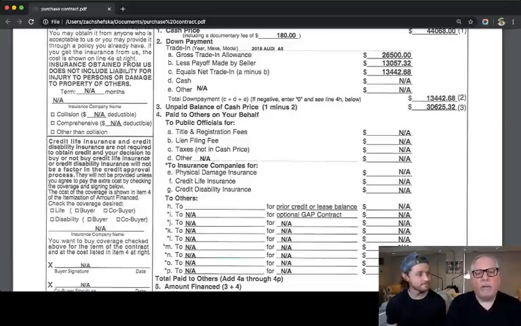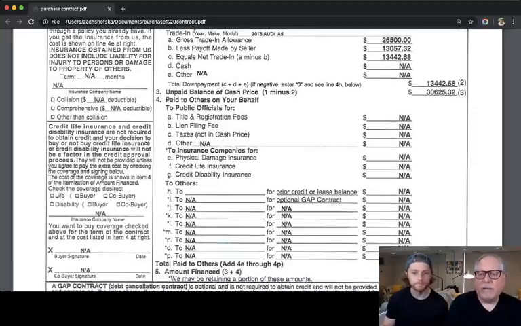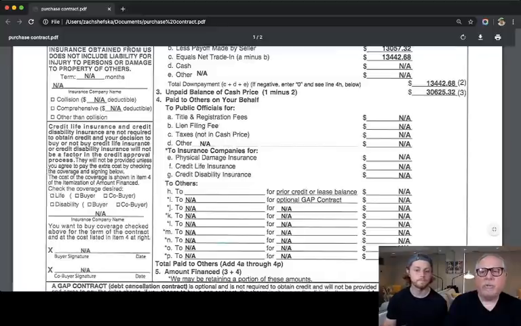And you can see some of the other charges like optional gap insurance and things like that. You would add all those together, and that typically would add up to the total amount financed. But in this case, because they're not collecting any of those fees up front, the total amount financed remains